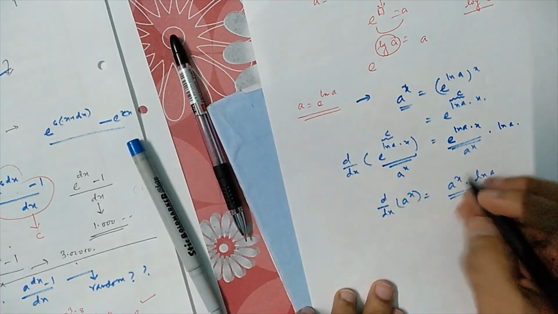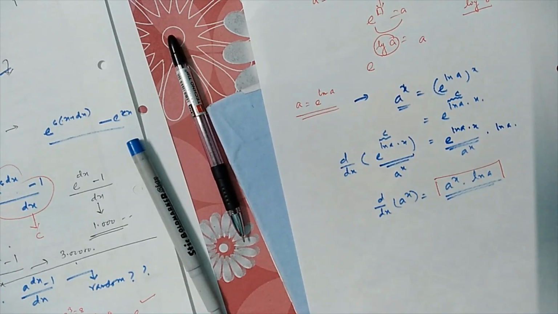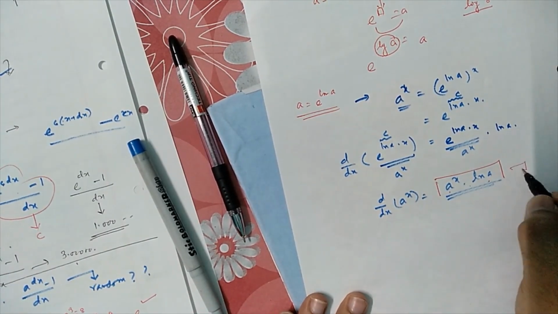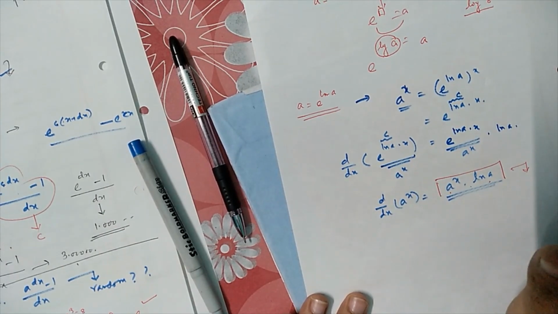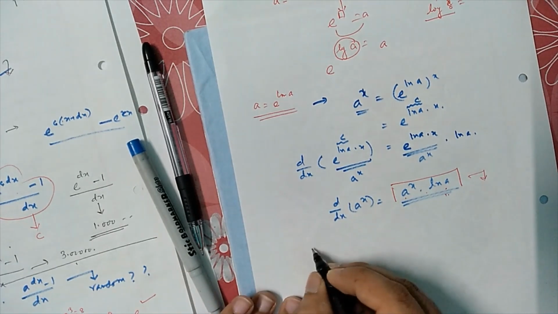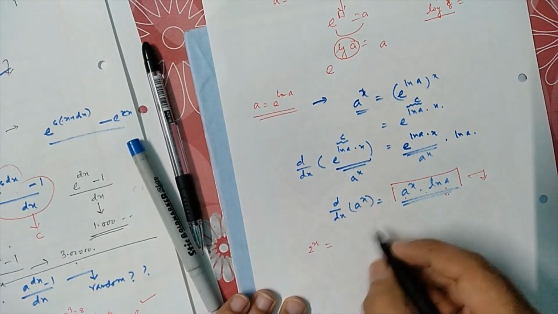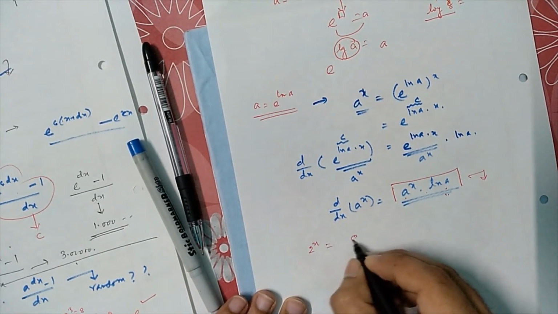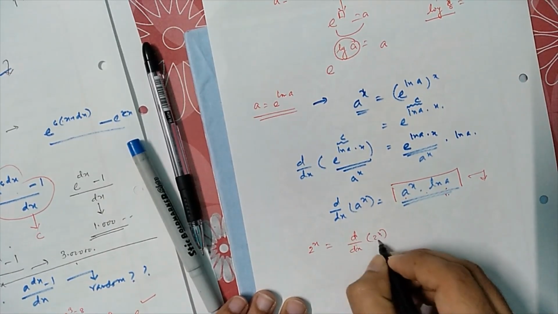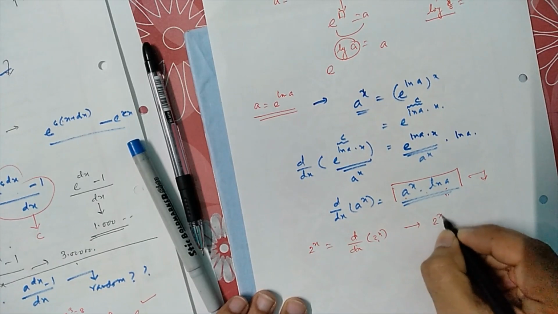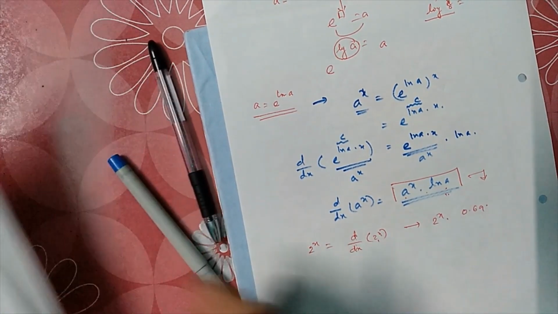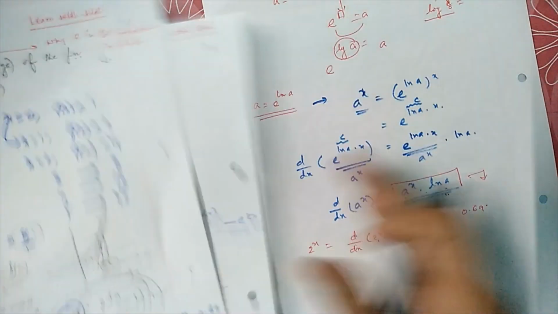So you might have learned that d/dx of a to the power x equals a to the power x into ln a, but you might not have derived this form. Okay, so for 2 to the power x, what are we getting as its rate of change? d/dx of 2 to the power x is equal to how much? 2 to the power x into 0.69 and 31.